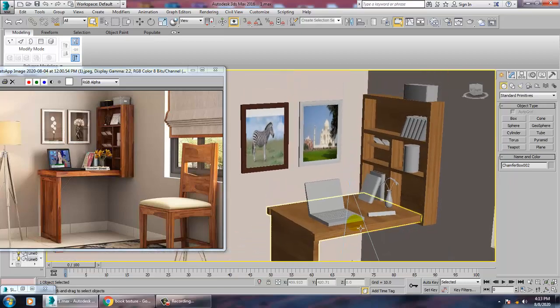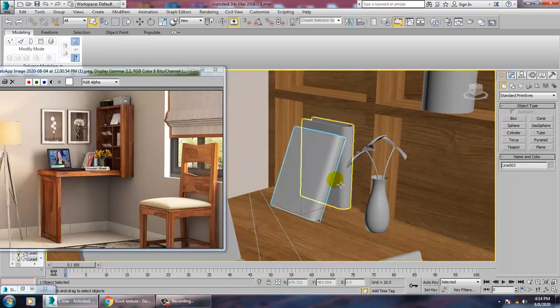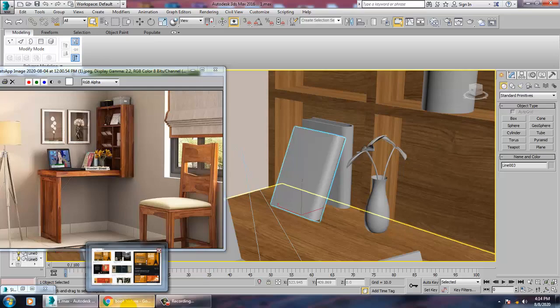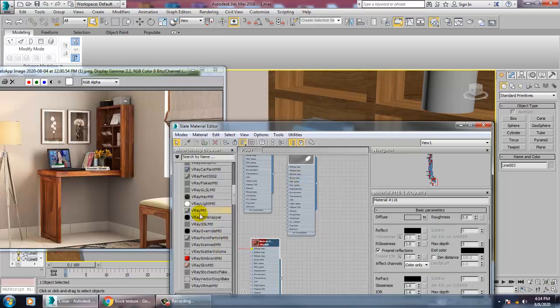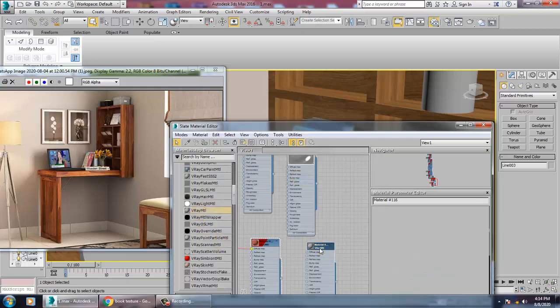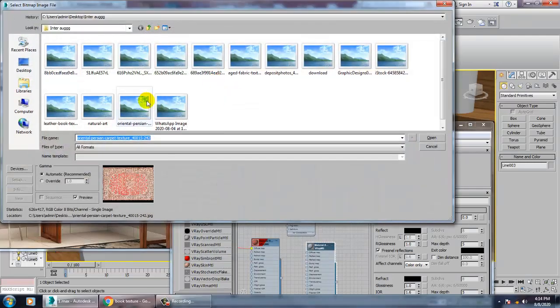Let's go over here, select this. For the book, what we'll be doing is go into the material part, take a V-Ray material, go into this bitmap, and we'll be assigning that texture for that.